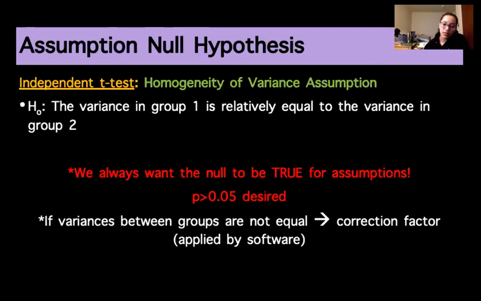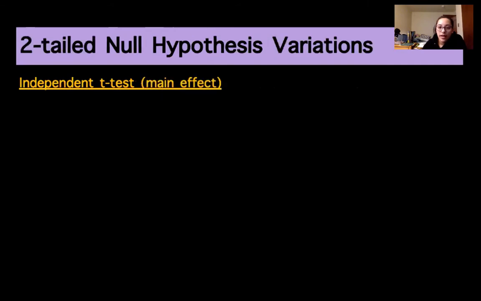That's at least what the null would say. We want a p-value greater than 0.05 to let us know that the variances are not significantly different from each other. Okay. The null hypothesis for the actual t-test, or the actual main effect, is similar to the